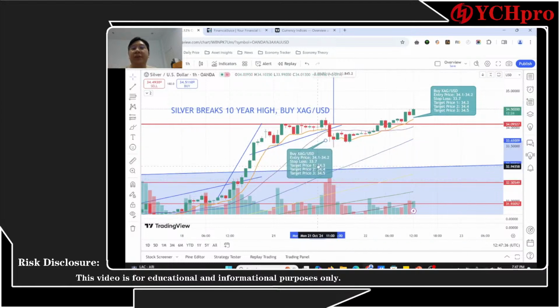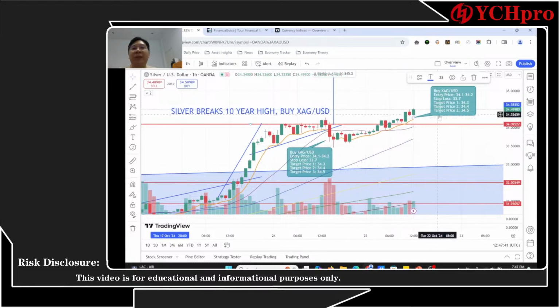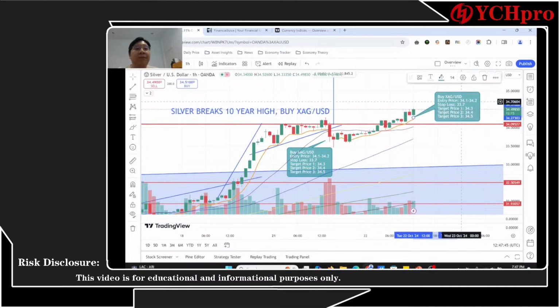Okay, because we are very open about it, we hit the stop losses yesterday, so I'll be open about it, and we do hit our stop losses. So for now, the entry price has been much higher, but definitely due to the volatility we haven't been able to get the profit. Although if you guys set a lower stop loss, and maybe some of you did, you could still make some profit out of it, guys.